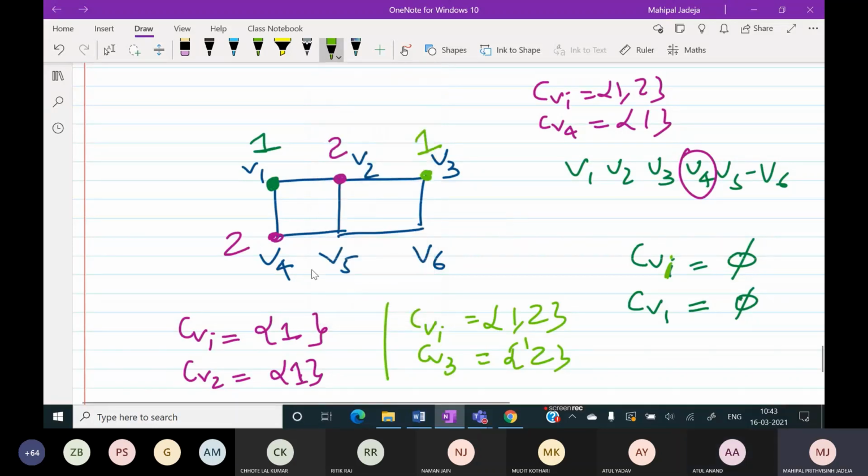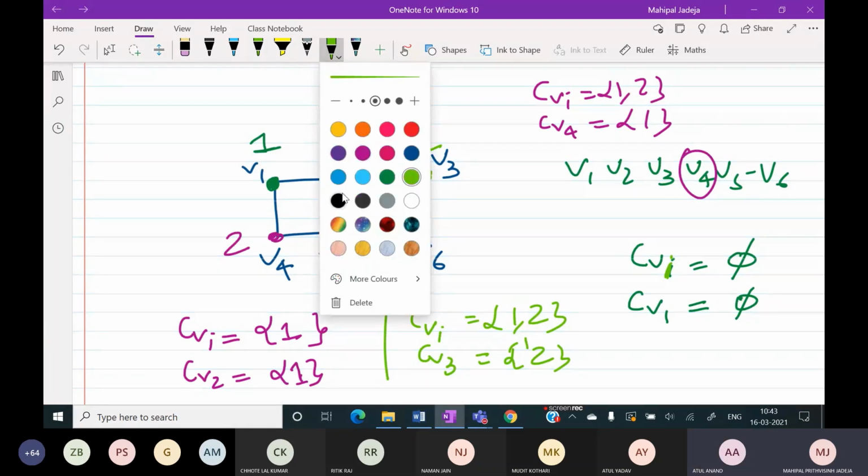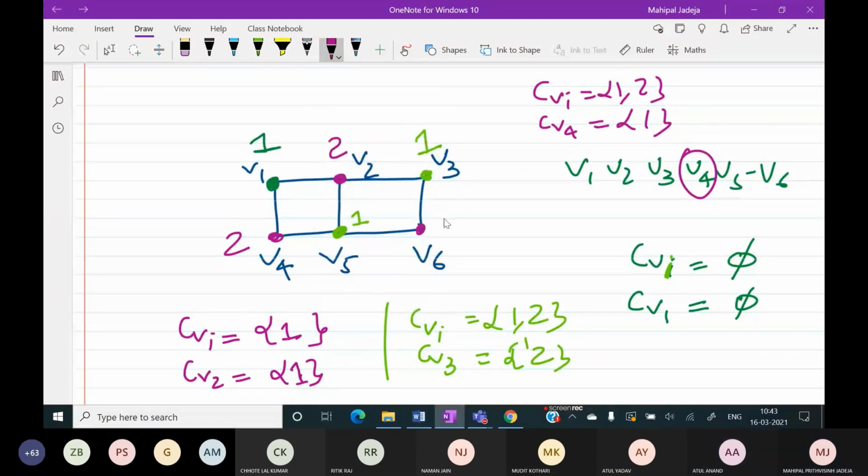I can go one more step further. Similarly, I'm not writing it down now. The idea is, again, so far I have used 2 colors. The neighbors of this particular vertex are V2 and V4, and both of them are using color 2. So the set difference of {1, 2} and {2} gives color 1 here. And finally, for V6, I will get color 2. So using 2 colors, I have colored this graph, and this particular approach is a greedy approach. Can anyone explain to me why it's greedy?